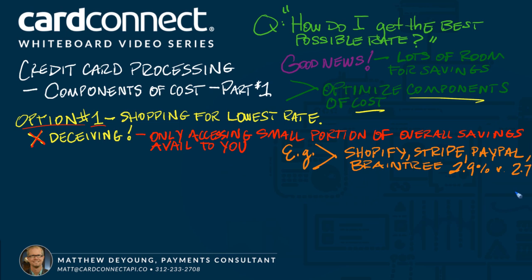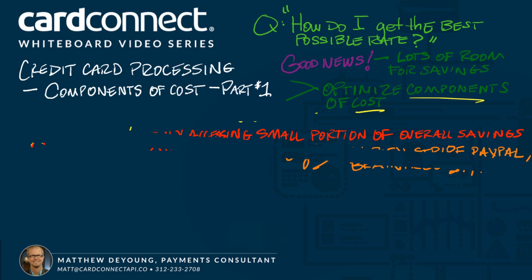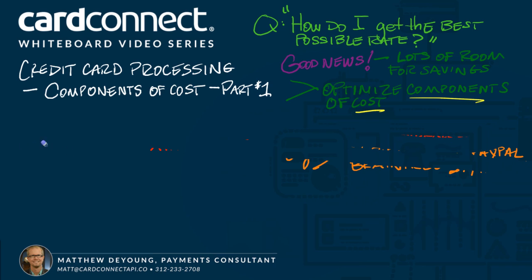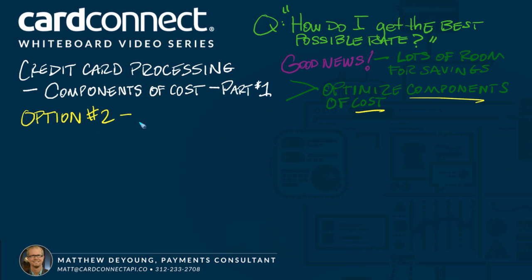There's nothing wrong with that because they add value. But I want to look at this from a different angle. That's option number one, to shop for the lowest possible rate, and maybe you should pay the lowest possible rate if you want to keep things simple, or if you're getting more premium services with an e-commerce platform or something like that. But option number two is to shop for the